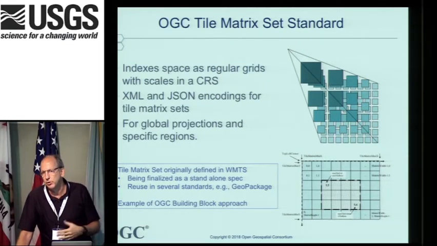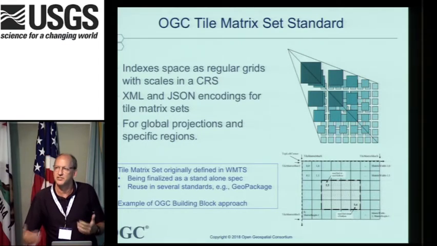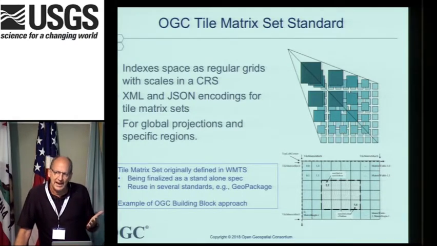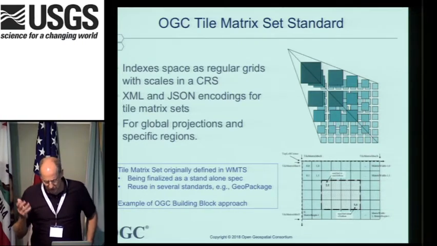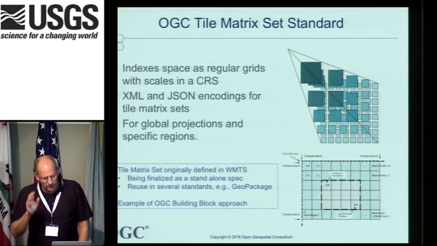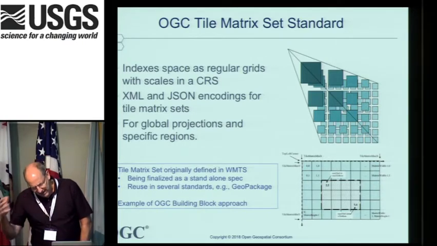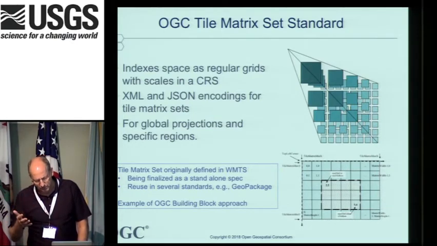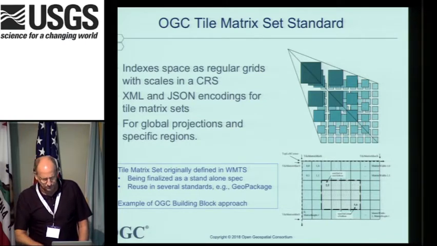So it's kind of dead simple at this point. It's kind of like, yeah, well, okay, we all agree about that. That's a success story, right? And so now it's pulled out and it's available as its own standard. It's used in something called GeoPackage. If you've heard of GeoPackage, WMTS can be embedded in there. And it's an example of this building block approach that Chris would talk about. So that's maps and an example of how standards coming out of a development eventually get set. That's one of the themes I headed towards, how might this end up informing the development of open standards.